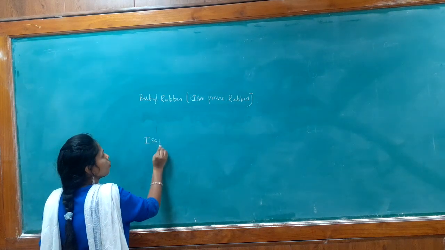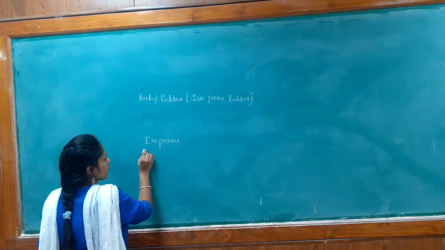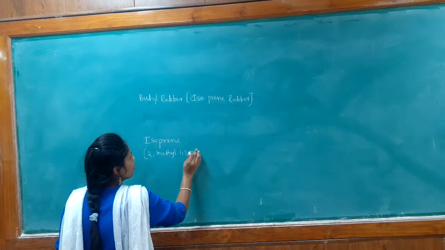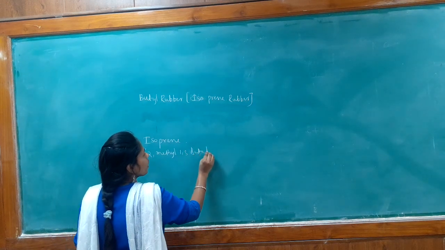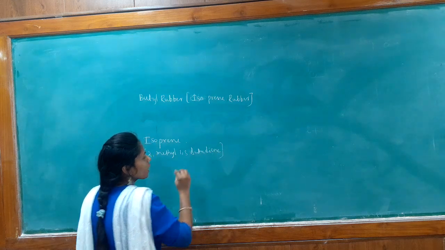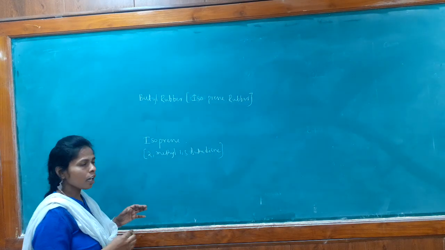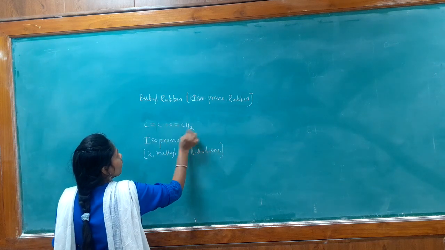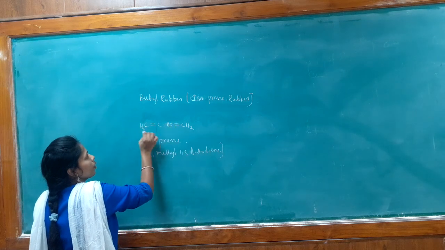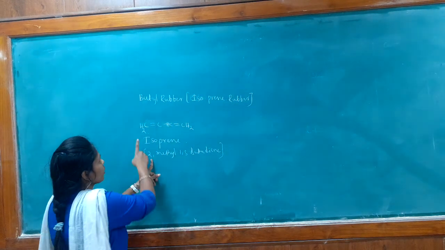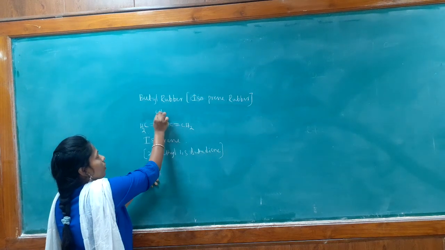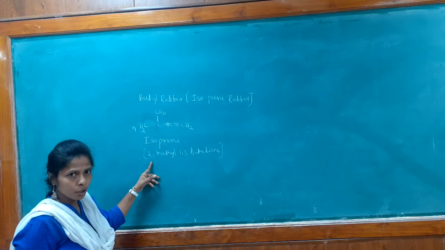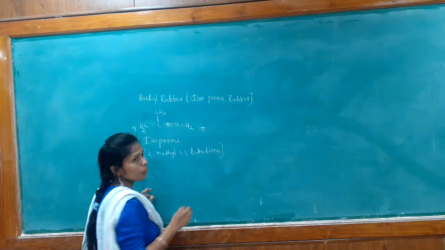Isoprene is nothing but 2-methyl 1,3 butadiene. You know 1,3 butadiene from the Buna S rubber preparation. There you have seen 1,3 butadiene. But at the second position, that means at the second carbon, we have the methyl group. This is 2-methyl 1,3 butadiene, n number of 1,3 butadiene, 2-methyl, and isobutene.